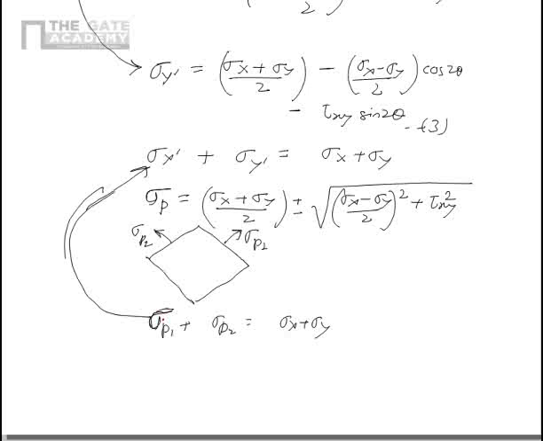Now if you have to figure out the angle of the principal plane, tan 2 theta is given by 2 times tau xy by sigma x minus sigma y. So this tells us that it is possible to have this kind of orientation, which means I can transform my coordinate system by a theta p, which is given by this formula here, such that